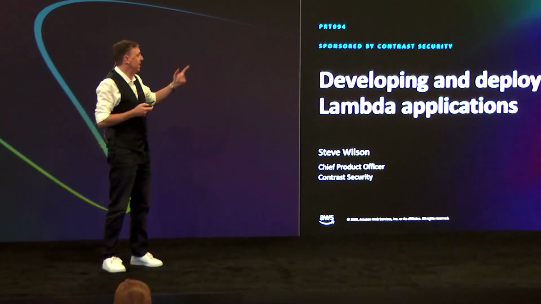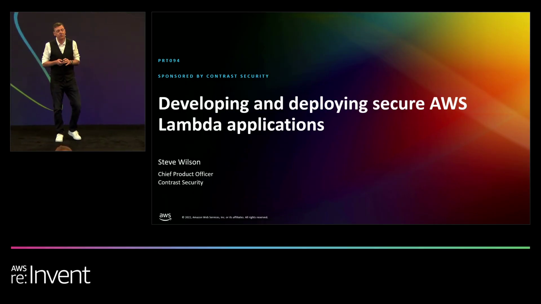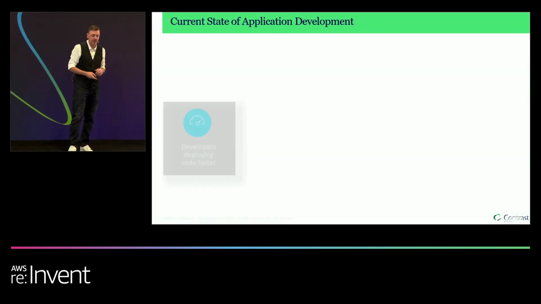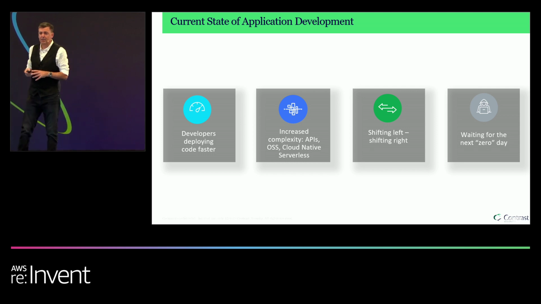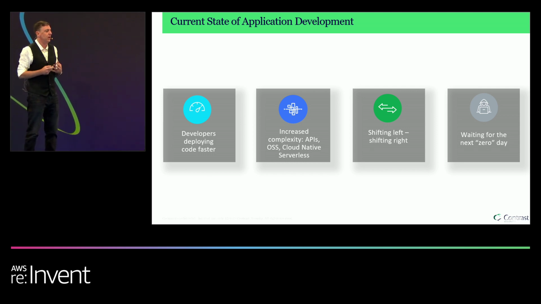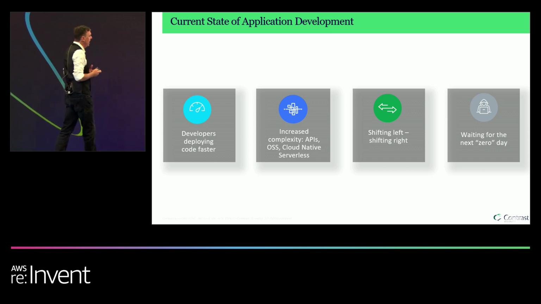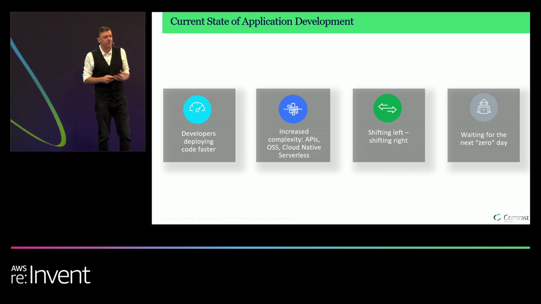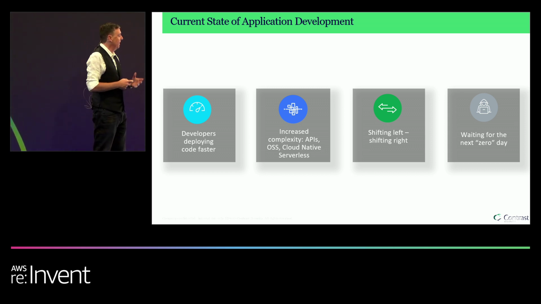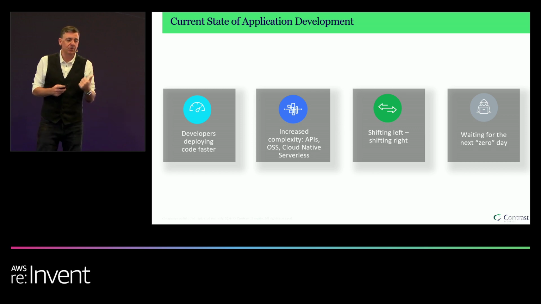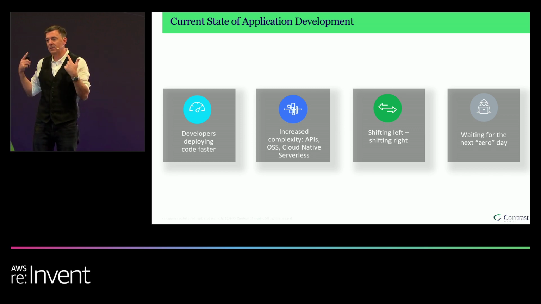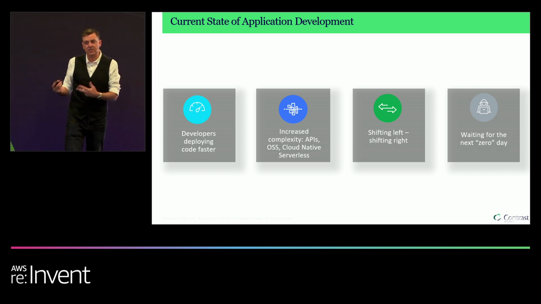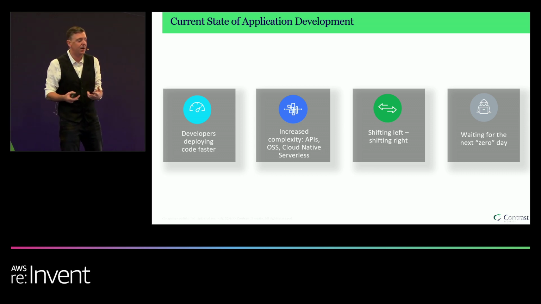But we're going to focus in on really talking about how to develop more secure applications. So when we think about the worries that you have when you are trying to secure modern applications, there's a lot of things that have changed in recent years that are different than the way you may have approached this 10 years ago. First off, we're developing code faster. When you are deploying to the cloud, you're going to be using agile development technologies. You're going to be using CI/CD pipelines. You need tools and security technologies and techniques that are going to keep up with your velocity.